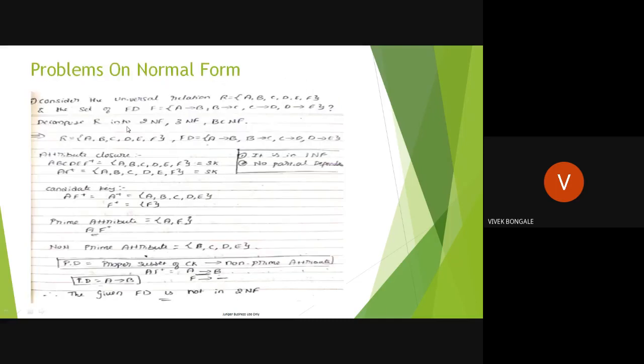This is the left hand side, this is the right hand side value. So check how to find super key. We have to take the attribute closure of that attribute, right? So A plus. With the help of reflexive, I can find out A. With the help of A, I can find out B. With the help of B, I can find out C, C to D, D to E. So A, B, C, D, E. So all these values are there in the given relation, right? Is F there? No, right? It is not given. Sorry, A, B, C, D, E, right?